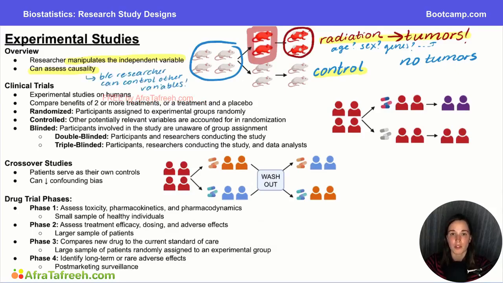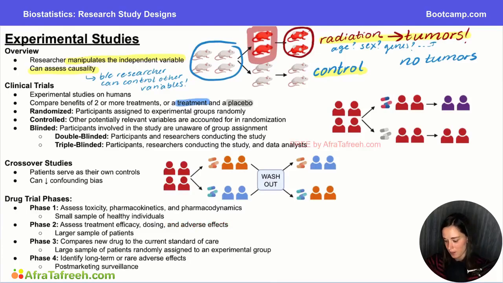Experiments where an exposure is hypothesized to be harmful are unethical to do in humans, so we can't take a group of humans and expose half of them to radiation and see if they develop tumors. However, if the exposure is hypothesized to be helpful, we can do that study in humans, and that's called a clinical trial. In a clinical trial, a newly developed treatment is being compared either against the currently available treatment, or the treatment is being compared to a placebo, which is a substance that mimics the treatment but doesn't actually have